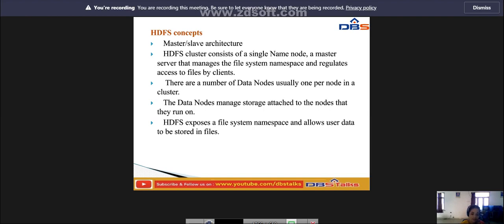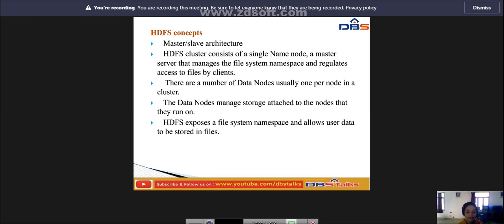HDFS exposes a file system namespace and allows user data to be stored in files. A file is split into one or more blocks, and the set of blocks is stored in data nodes. Data nodes serve read and write requests, and perform block creation, deletion and replication upon instructions from the name node.